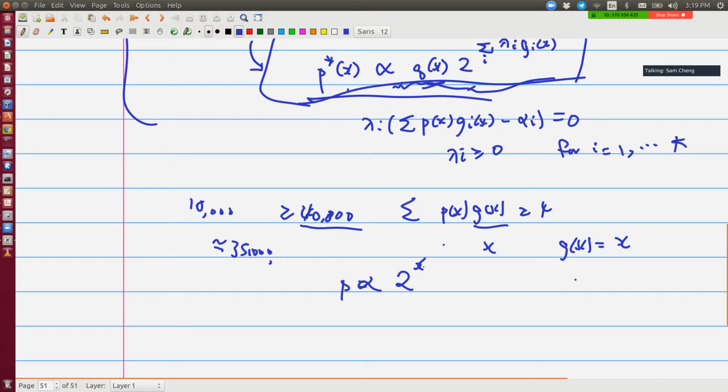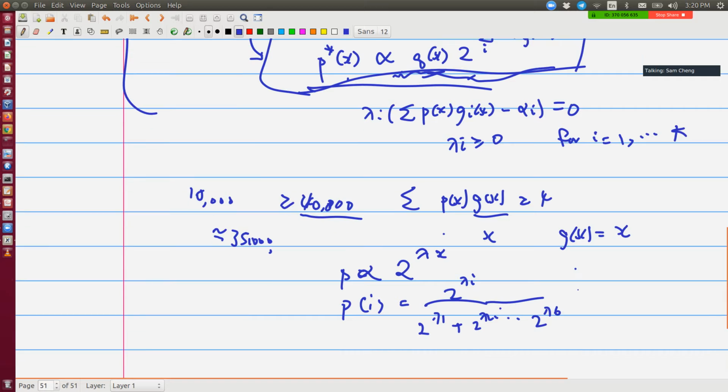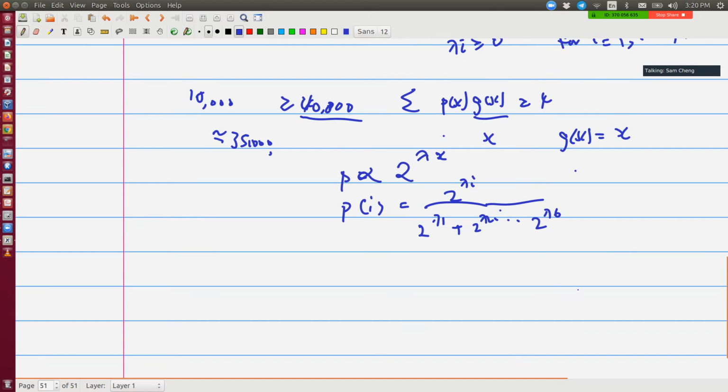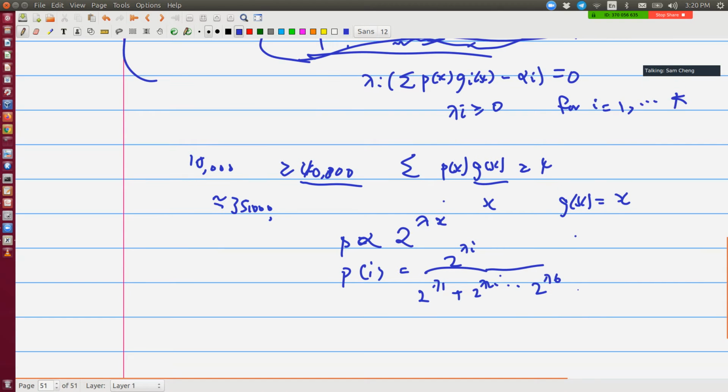Wait, I have a lambda also. To the lambda x, yes, proportional to 2 to the lambda x. So then I can just normalize that. So I can say p_i is 2 to the lambda i, over 2 to the lambda 1 plus 2 to the lambda 2 and so on, up to 2 to the lambda 6. So then if you have this form, then I want to